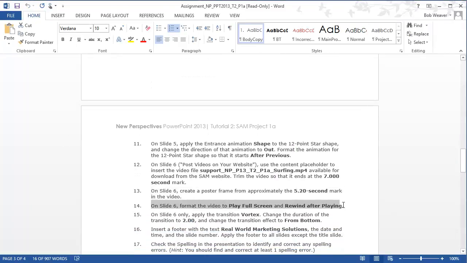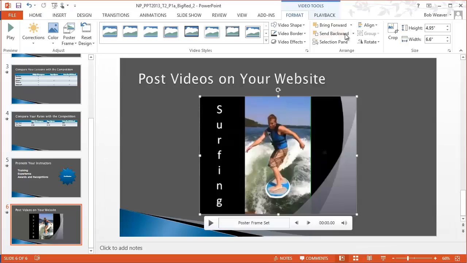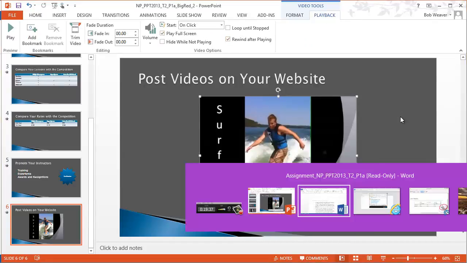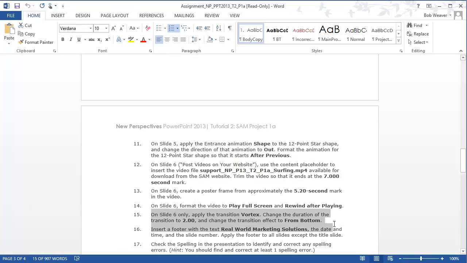On slide 6, format the video to play full screen and to rewind after playing. So that's back in the playback group. Select play full screen and select rewind after playing. Still on slide 6,